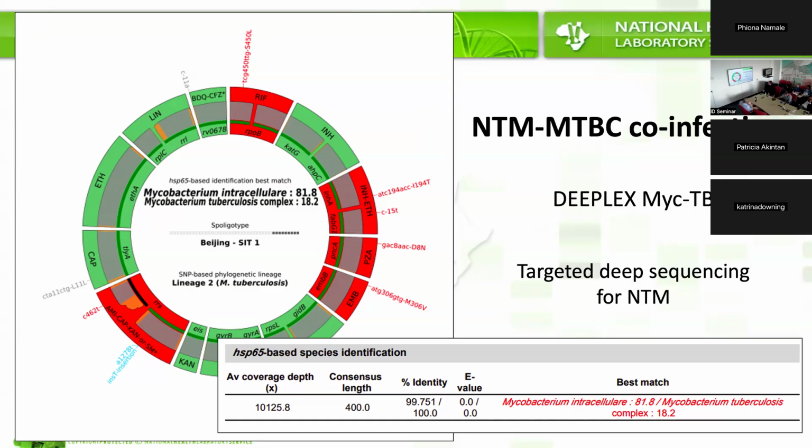Oh, sorry. So just use the arrow. Yeah. So it looks at the heat shock protein, which is a common marker for NTM identification as well. And you can see here it indicates to us if there's co-infection, so when the TB complex is mixed with an NTM potentially present. In those instances, it won't give you a susceptibility result, but it can tell you that both are present. And there are some other nifty things that Deeplex can also do, maybe not reported to the clinicians. It's the typing. It can tell you also what lineage is involved, especially if you're considering outbreak cases.